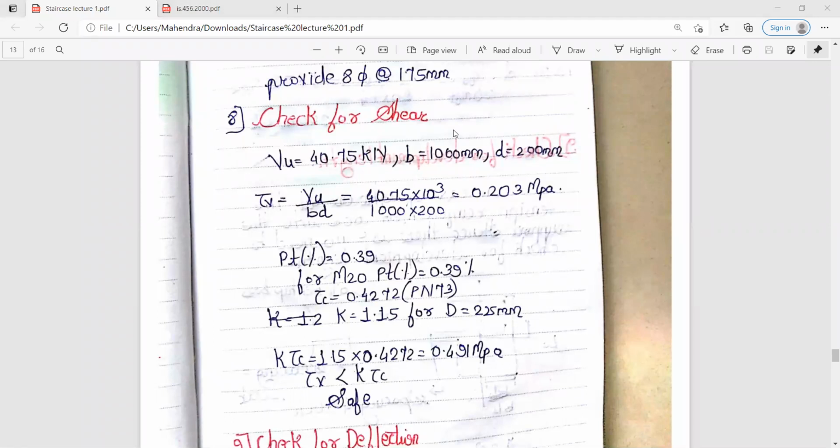Again you have to convert it into Newton, so into 10 raised to power 3 upon B into D. So tau V की वैल्यू आपको मिलती है 0.203 मेगा पास्कल. And the minimum percentage you have already calculated, that is 0.39. Now for calculation of tau C, refer IS code 456-2000, page number 73. So refer IS code.